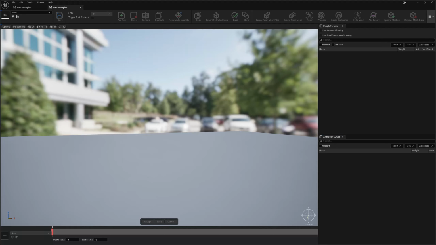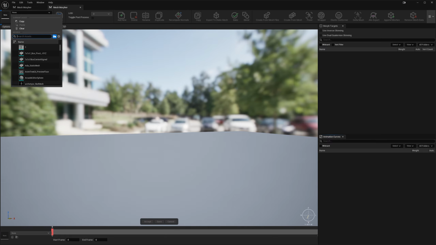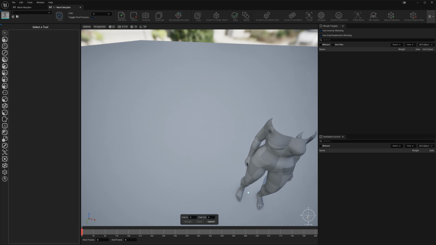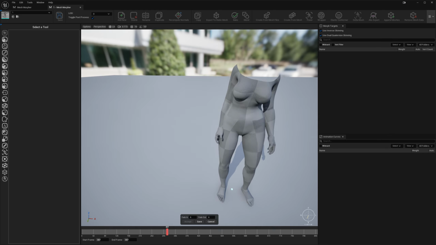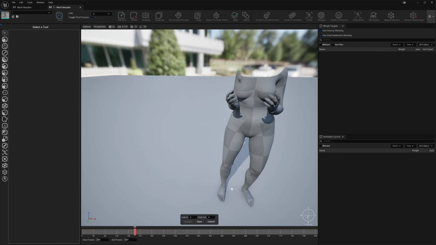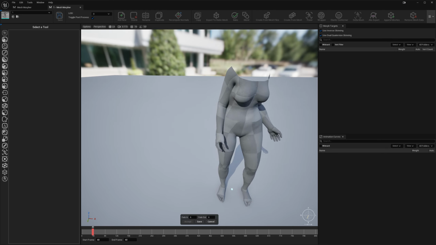In this video I'm going to show you how we can edit geometry caches right in the engine using Mesh Morpher Classic. So first of all we're going to open a geometry cache in Mesh Morpher, and to do that we're just going to go to our asset browser here and select the geometry cache, and here we will see our geometry cache. We will be able to switch frames and select basically which frame we want to edit,